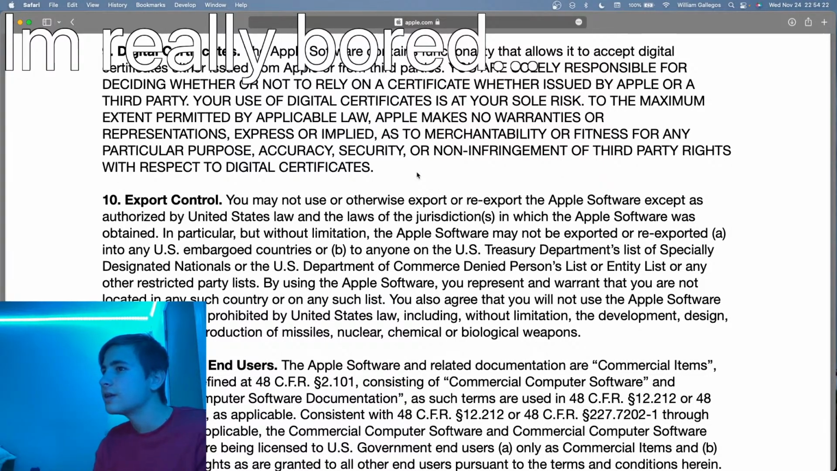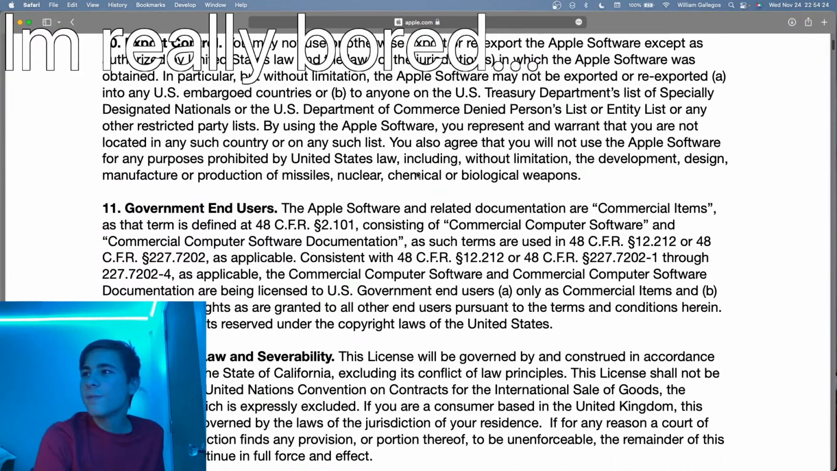Okay. Export control. You may not use or otherwise export or re-export the Apple software except as authorized by United States law and the laws of the jurisdiction in which the Apple software was obtained. In particular, but without limitation,